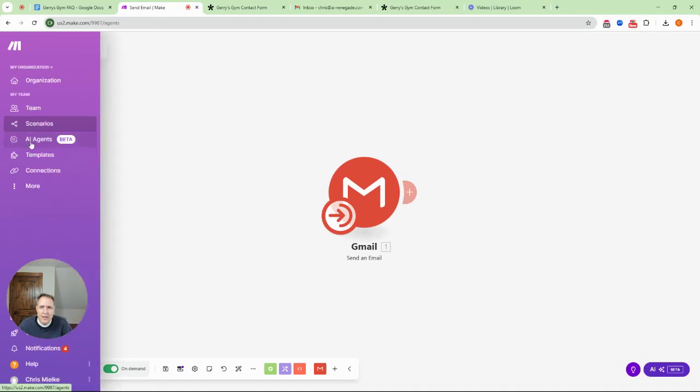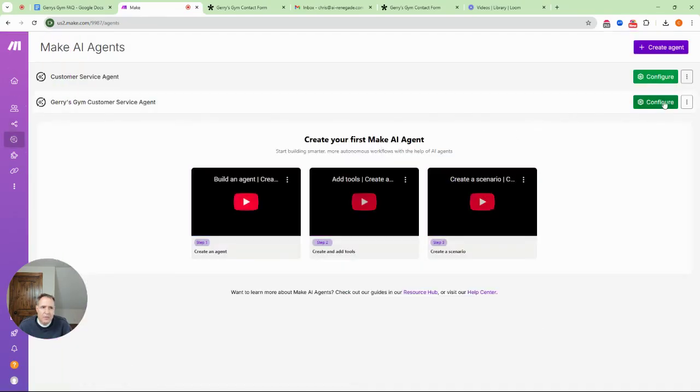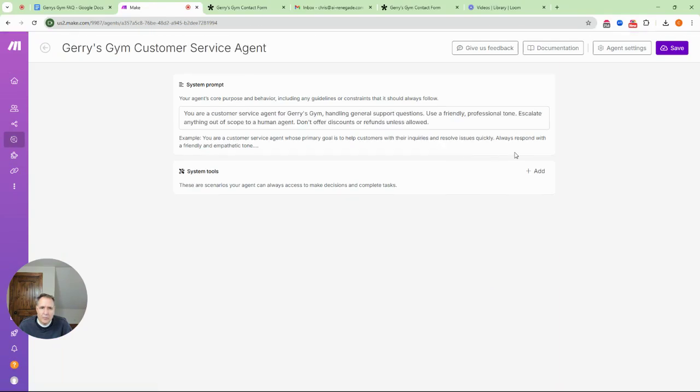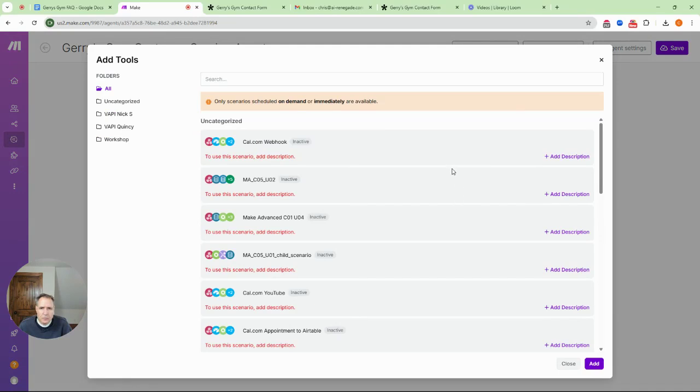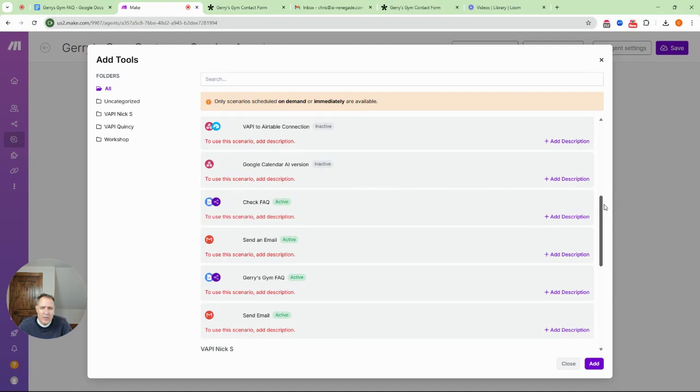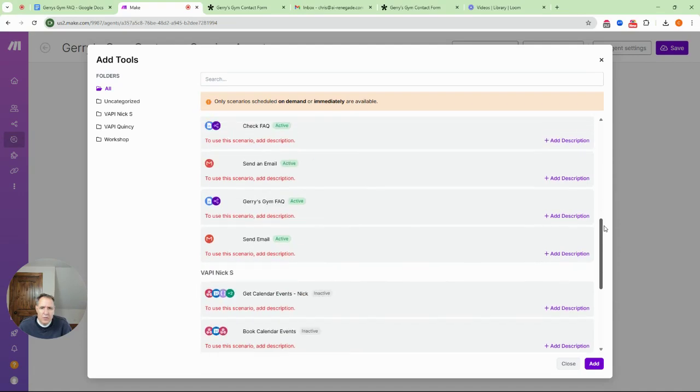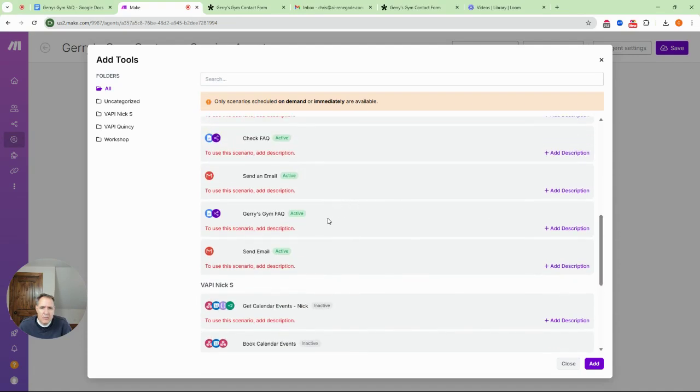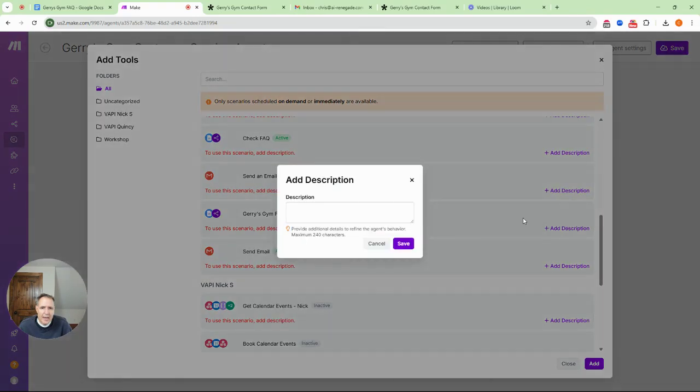Now when we go back to our agents, I'm going to configure this. And we're going to add a few things, and I'll show you how to add one manually. You can add system tools here, and you can also add it in the agent block. So here's what I'm looking at. I have several different scenarios that are running, but what we want is to have this Jerry's Gym added, and then this